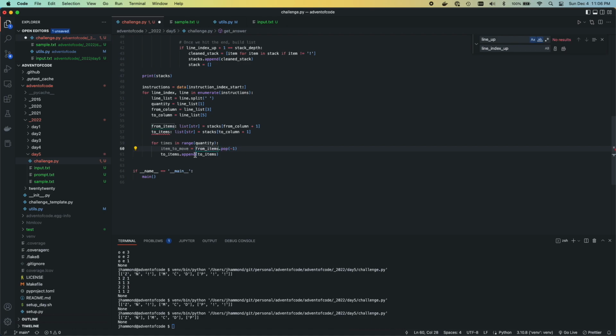Item to move. And then what does that actually do for us? That updates from items and 2 items, and once that's done, we need to replace those lists and then move on to the next set of instructions. So now what we need to do is we want to say stacks, I think, stacks